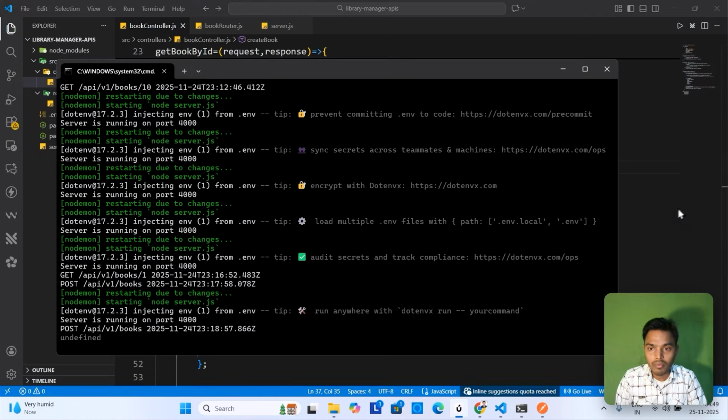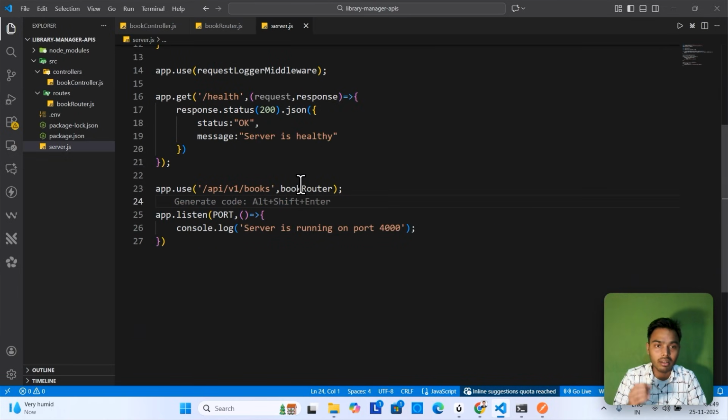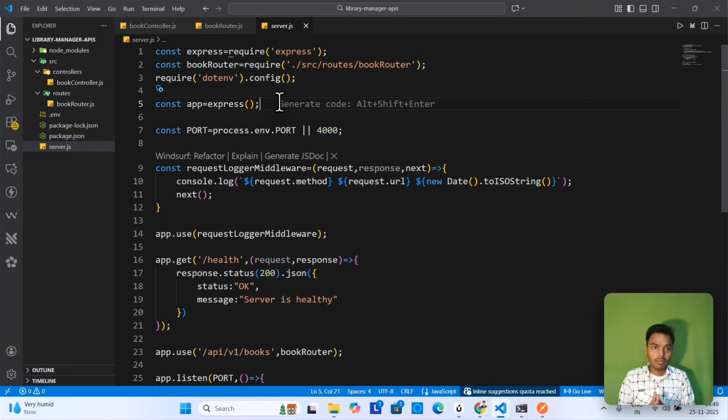We are getting undefined, and the reason is that we have missed one line. We have to write one line of code here. So what is the error? First I will explain. There is one client and one server, and the client is sending some data in JSON format. The server wants JSON type of data, but we are not ensuring that the client is sending only JSON type of data. To ensure that the data coming from the client side must be in JSON format only, we have to write here